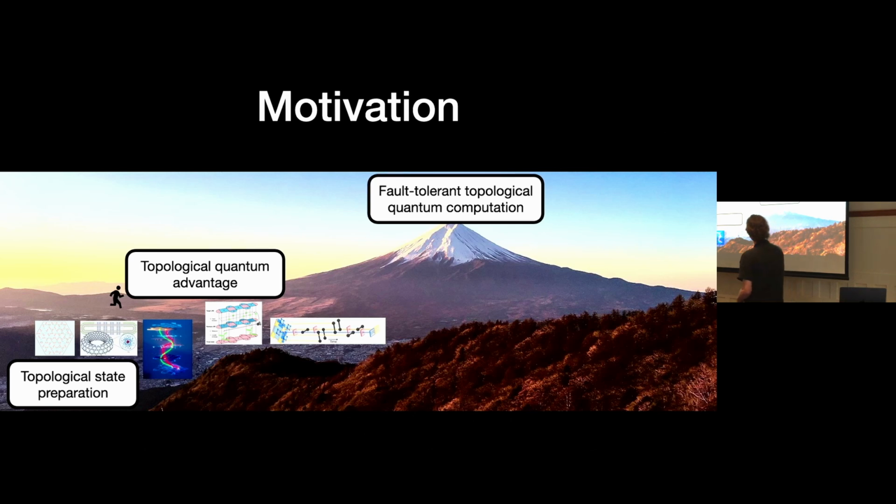And here are two works I like, vaguely in this direction. One is from Arkin in collaboration with people, I think at Davis and also Quantinuum, where they looked at using some adaptive circuits to prepare topological states faster than unitary circuits. And the other one is from Google, where they tried to use topological states to suppress errors and showed that they were maybe near the cusp of doing that.